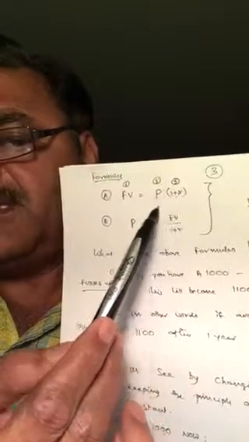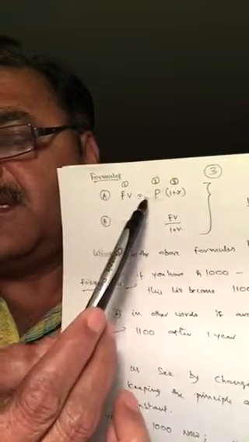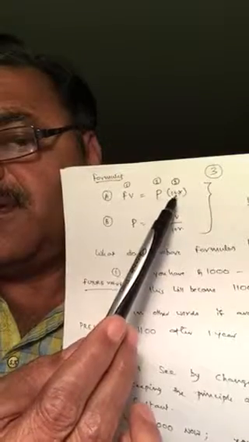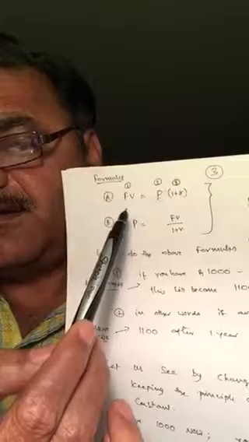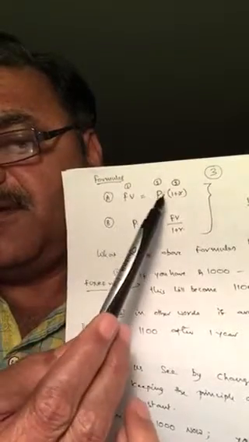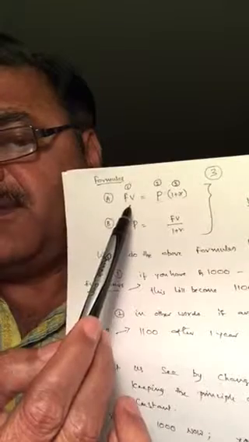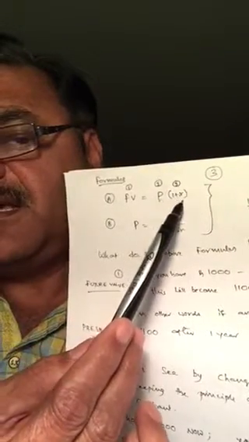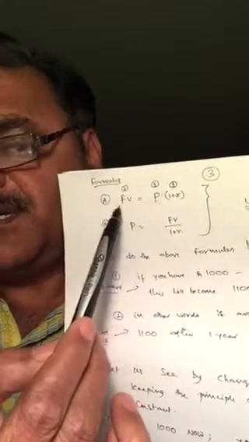To arrive at this present value, we are bringing this to here. See, whenever there is an equal sign, this multiplication becomes a divider here, denominator here. If it is a plus sign, if it is coming this side of the equal to, it becomes minus. If it is a multiplication sign, if it is coming this side, it becomes a division.